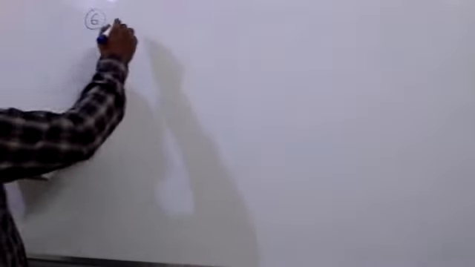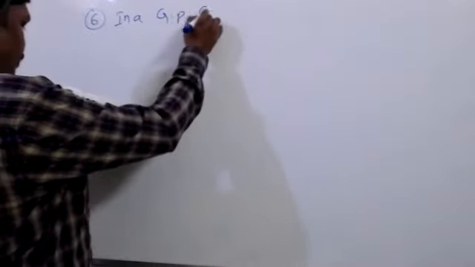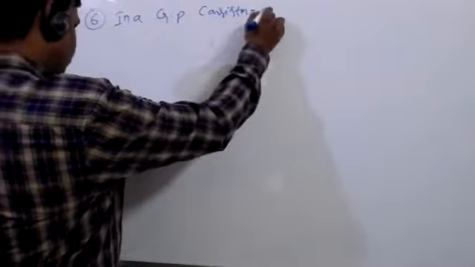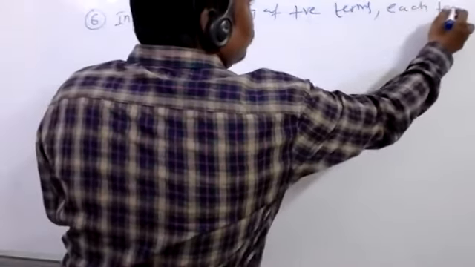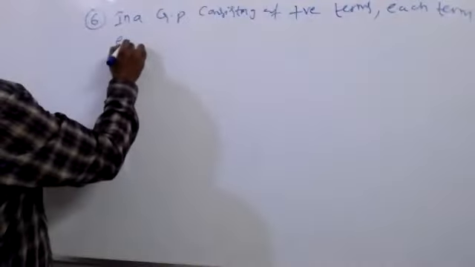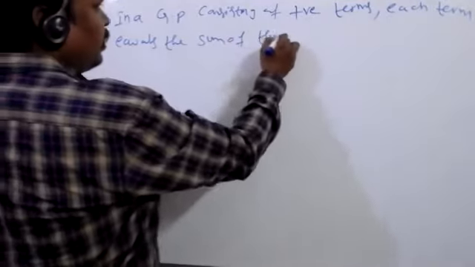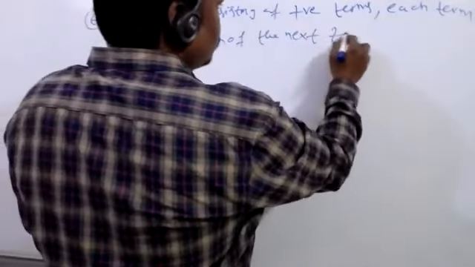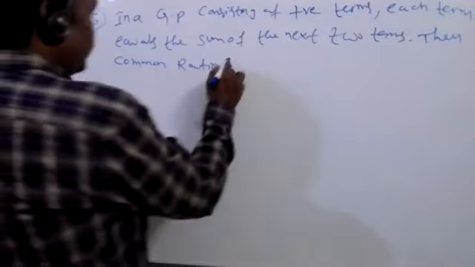Next, in a GP consisting of positive terms, each term equals the sum of the next two terms. Then the common ratio of the GP is: